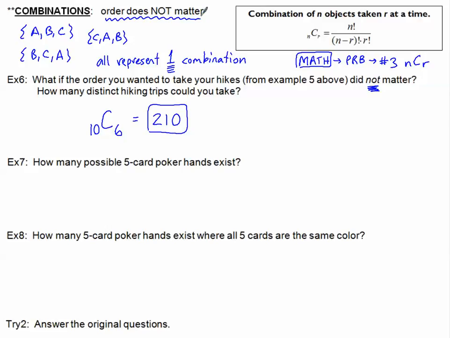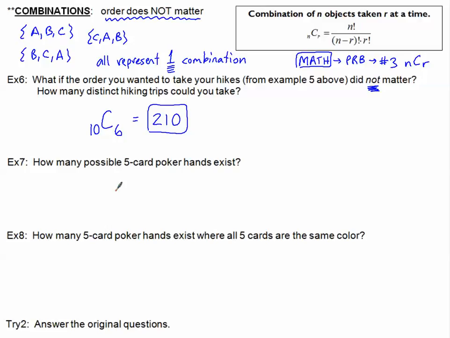So let's look at these last two examples, and we're going to talk about a deck of cards again. If you don't play cards, that's fine. I'll tell you anything you need to know about a regular deck of cards. The first example: how many possible 5-card poker hands exist? If you're playing poker, you usually are dealt 5 cards, and we want to know how many different hands could possibly exist. Well, we need to figure out, first of all, is this a permutation or is this